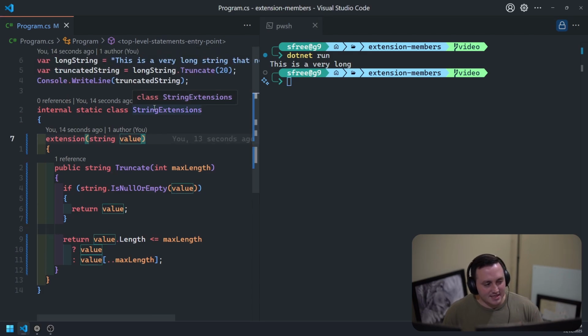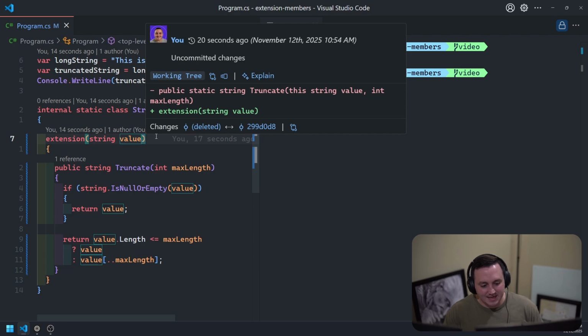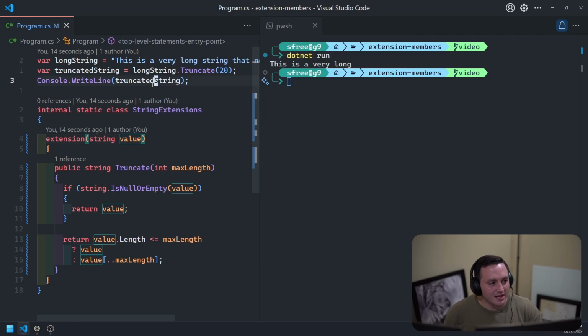Now, though, let's take it a step further and look at how I would add additional members. Let's say I actually want to add a static method to the actual string type. How would I go about doing that? Let's say, for example, maybe I didn't want to hard code this string here. Maybe I just want to have a randomly generated